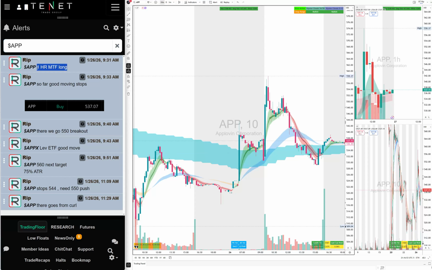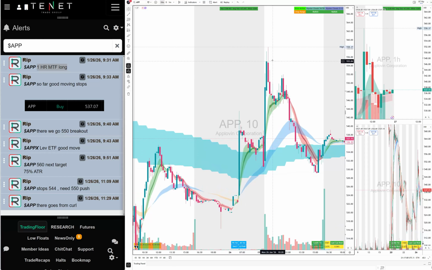Of course, a lot of traders were trading the calls. You could also trade APPX, the leverage ETF. I told the traders to trade it. Anyways, right in the morning from the 537s, it hit 558. So we got almost over $20 while risking like $3-4. That's a good risk reward. And of course at the 10 a.m. time we take some off, so we take profit.